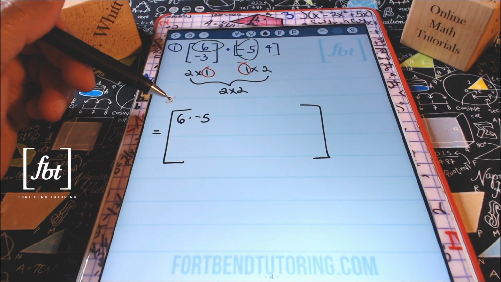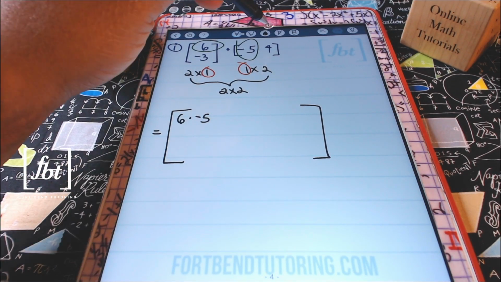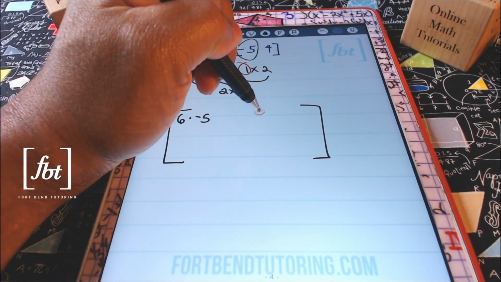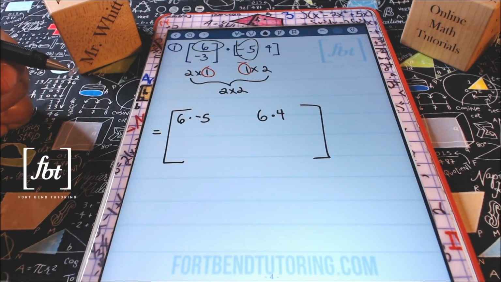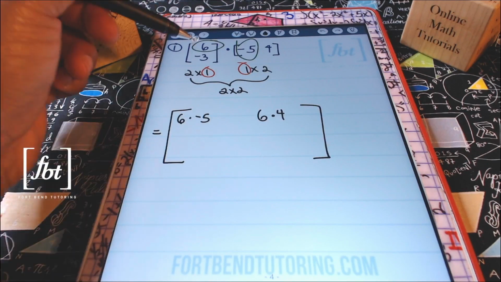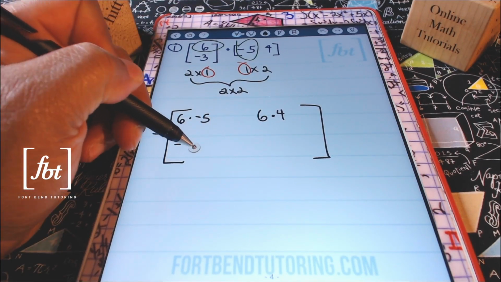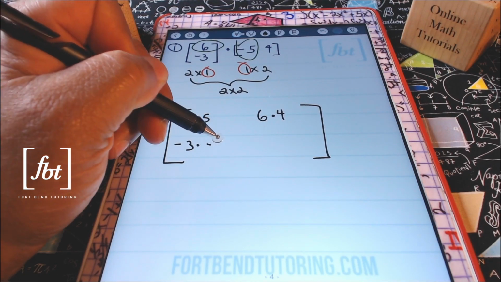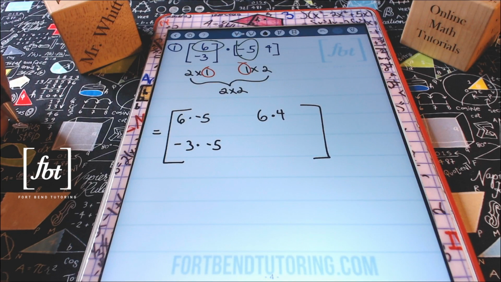In order to get the value that will reside in the upper left-hand corner of my resultant matrix. And then I'm going to go across and down this second column to get that second element in the first row here. It's going to be 6 times 4. So now we'll be multiplying across the second row and then down the first column. So I'll be multiplying -3 times -5